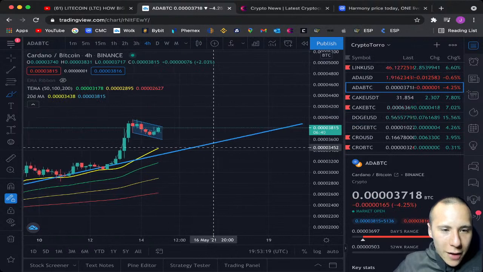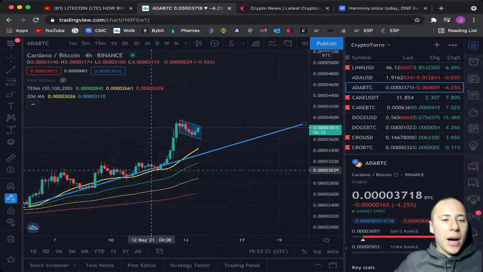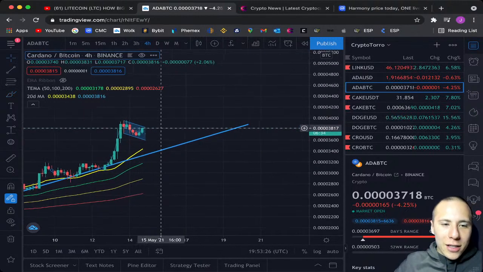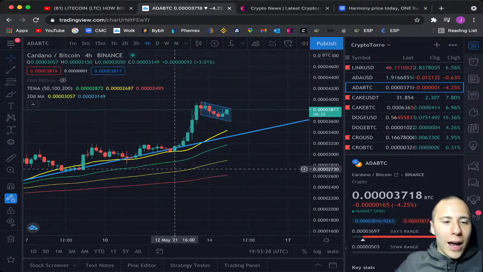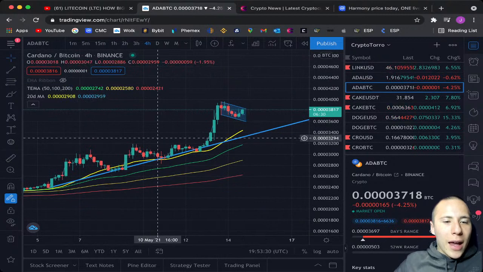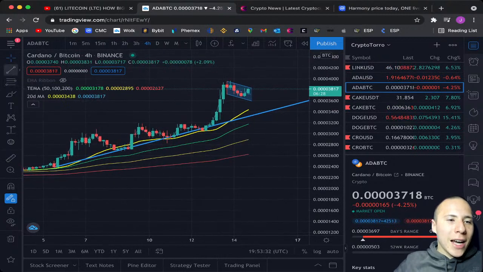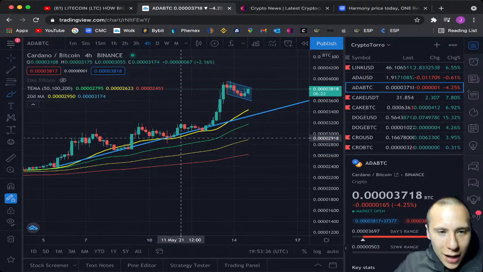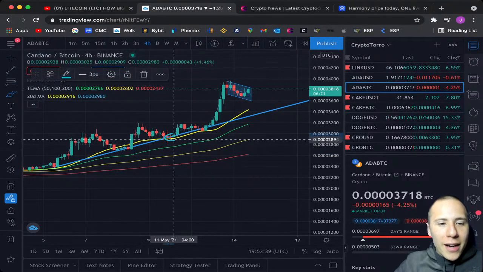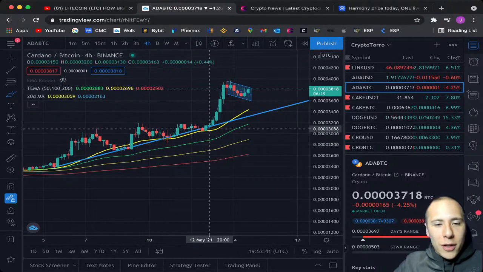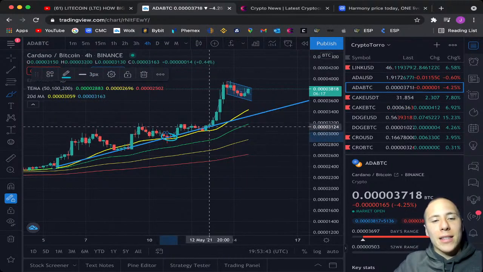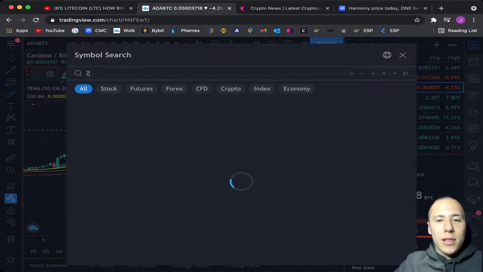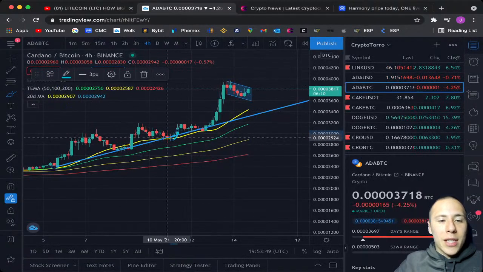So the 20-day moving average, yes, we are once again above the 20-day moving average on the Cardano compared to Bitcoin chart. And I think this is just incredible news, because as you can see, once Cardano is a tad below the 20-day moving average, or just above, finding support on the 20-day moving average, as we saw before over here in the past and as well over here, it is when Cardano has slight momentum towards the upside being created.